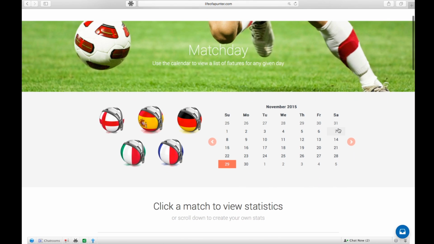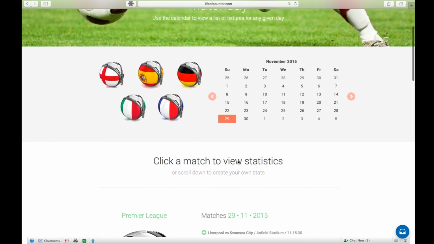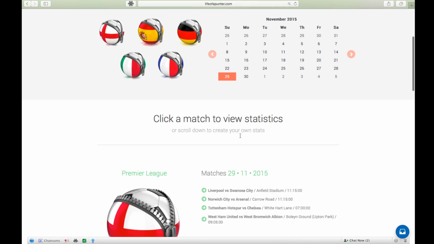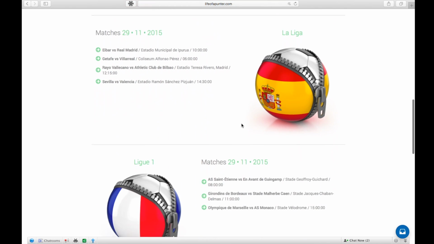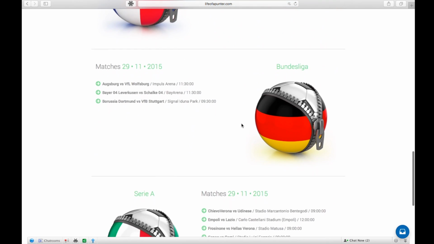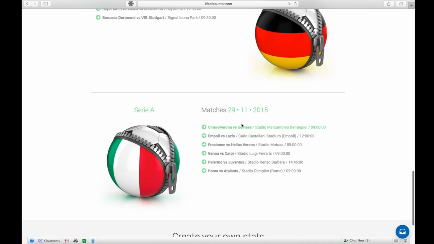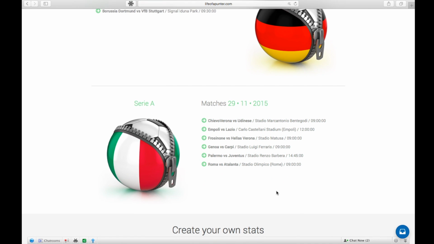You can use the calendar function to filter by date, and you'll be able to see a list of fixtures for that date for each of the 5 leagues that we cover: the Premier League, La Liga, Ligue 1, Bundesliga, and Serie A. For our advanced and professional package users, you can actually click on a match to view head-to-head